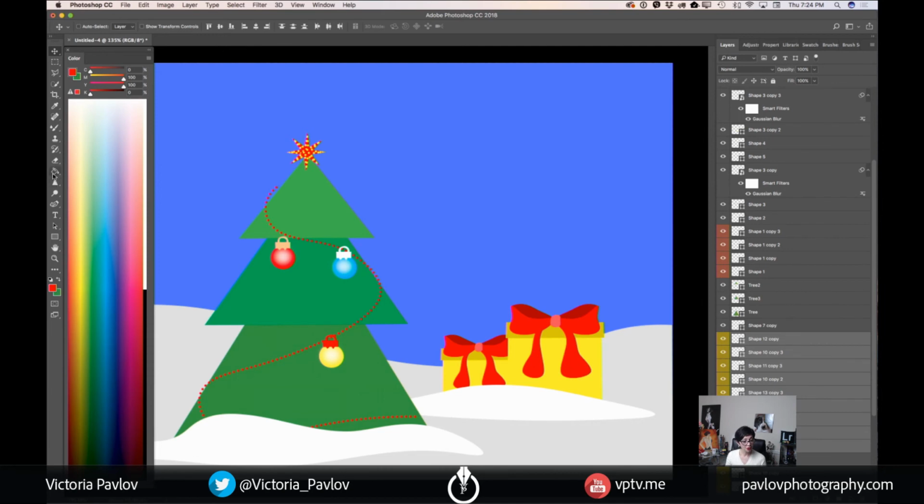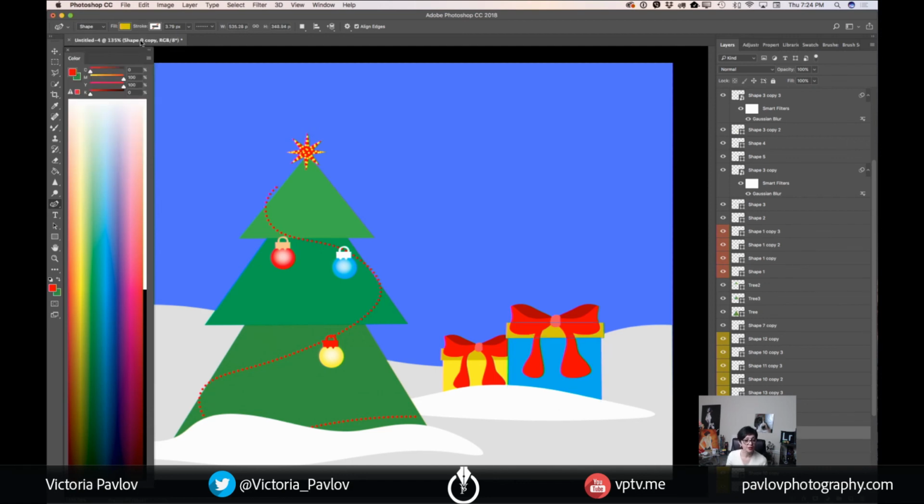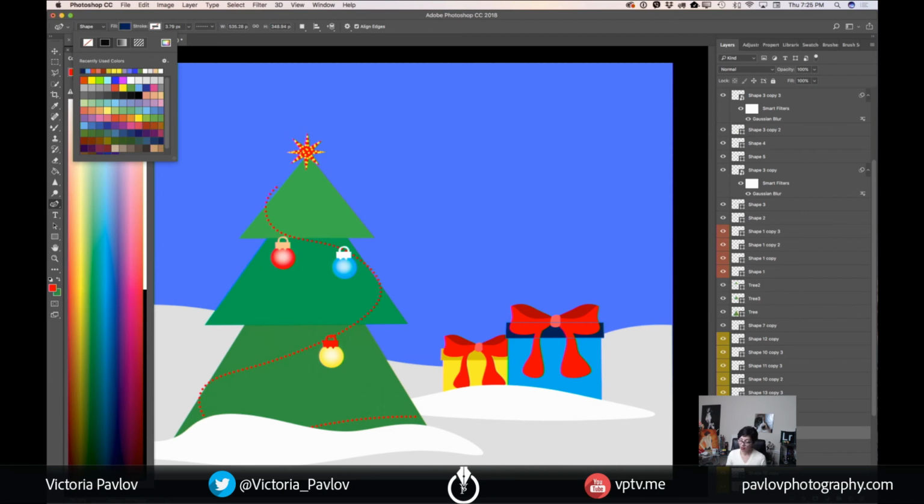I will switch to Curvature pen tool, I will select my box, and I will switch color to any color you want to. It depends on your preferences. Just like that. And definitely I don't want to change the red color, so I like this red color,